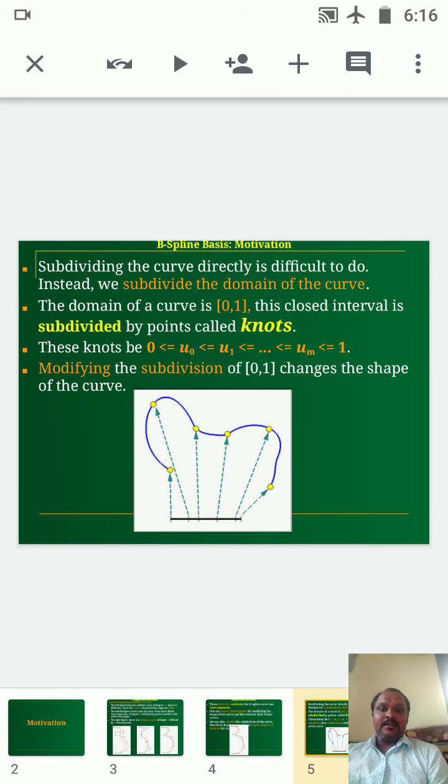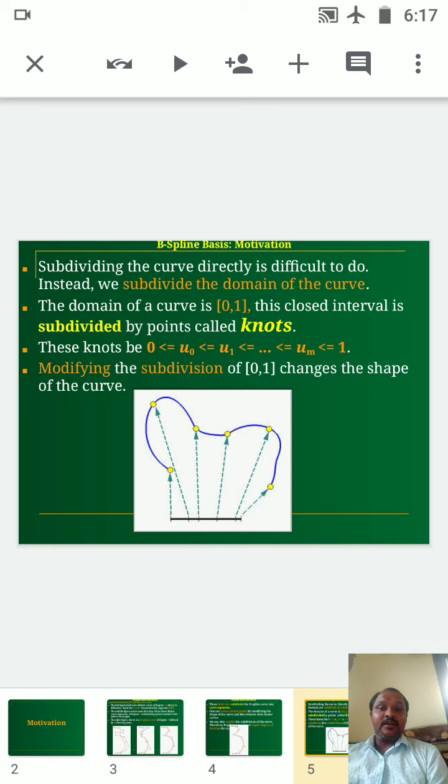So here, subdividing the curve directly is difficult to do. Instead, we subdivide the domain of the curve. Means, as I told you earlier, dividing the entire curve is a very big part. We can draw a simple curve, or we can have a very critical curve also, but directly it is very difficult to show the control points. So at that time we are not subdividing the curve directly,